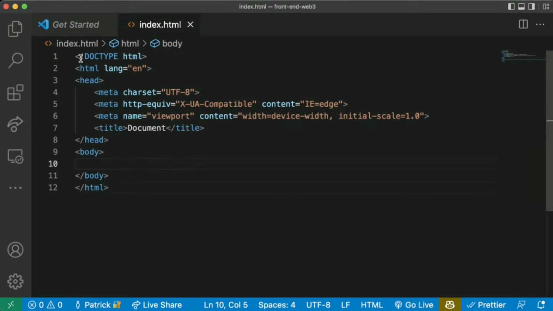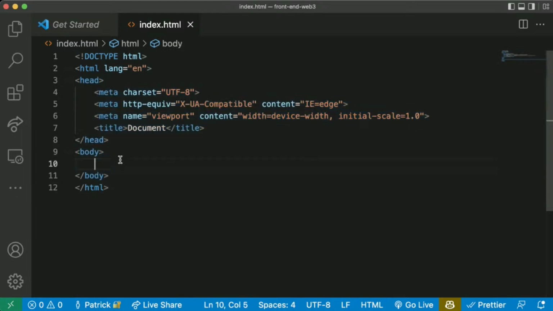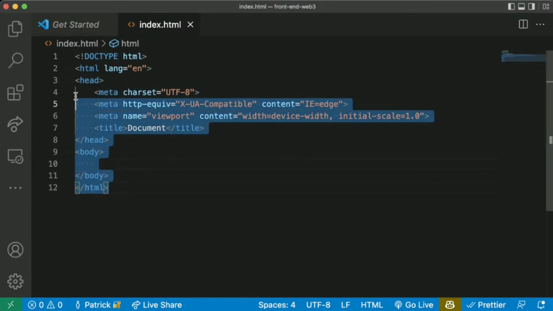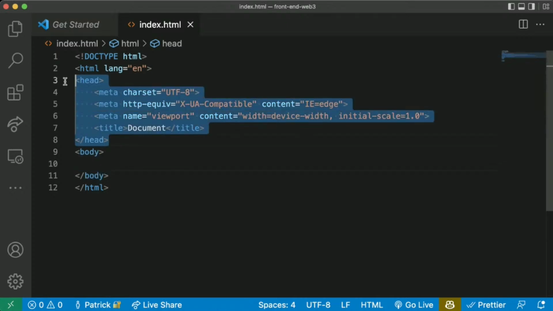So we now have this doctype HTML. We have these HTML tags. In between these HTML tags is everything that describes what our website looks like. Now, I'm not going to go over how HTML works. If you don't know how HTML works, there's a ton of websites out there for you to learn from. So basically everything goes in between tags, and that's HTML.